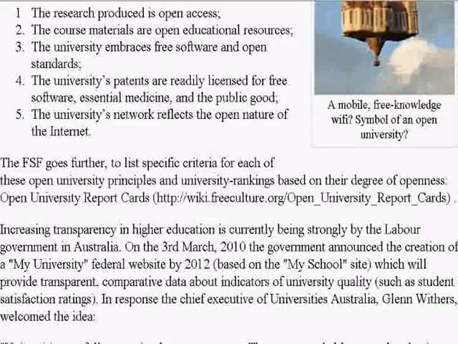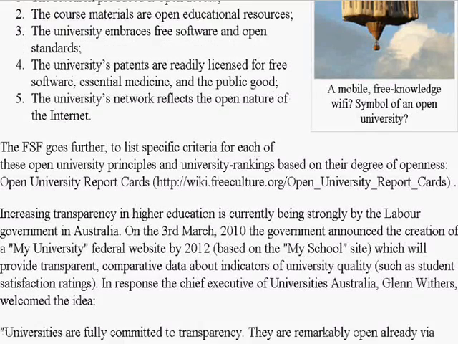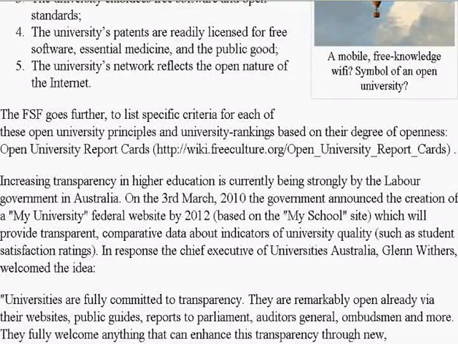But the Free Software Foundation goes further to list specific criteria for an open university, and they produce report cards, and people can use these to audit universities and provide a report on their degree of openness.